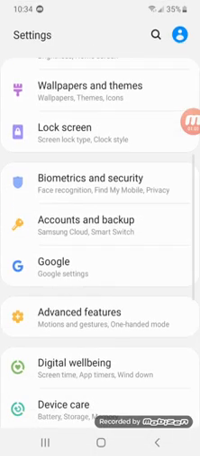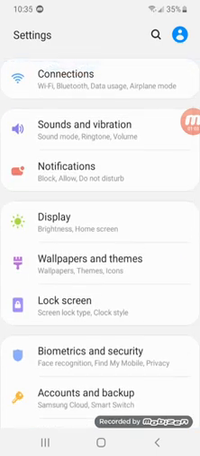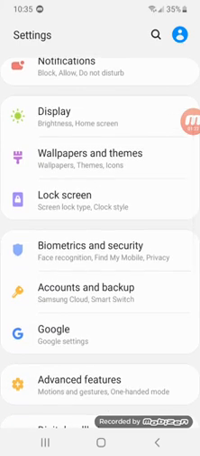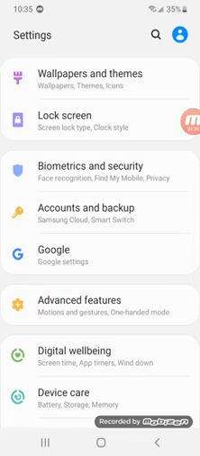It has so many great features. Connections, where you can connect to Wi-Fi or data usage, or via Bluetooth data connection and all that. Sound and vibration, notifications, wallpapers and themes, change your lock screen settings, biometrics and security, accounts and backup from either Samsung Cloud or Smart Switch, Google settings,